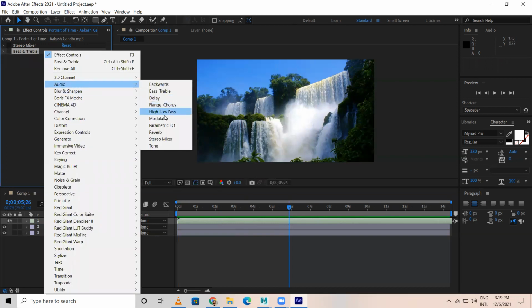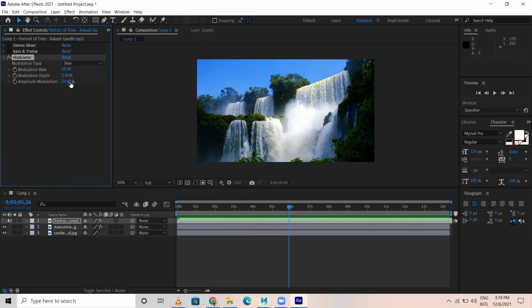You can add delay, high pass, low pass, modulator. Let's say if I go to modulator, I can add a bit depth over here, amplitude modulations and all you can do. Okay, it's sci-fi music. I remove the amplitude part. So depth part is there, lots of things. Okay, see when I gave amplitude modulation, you get kind of a reverb effect.